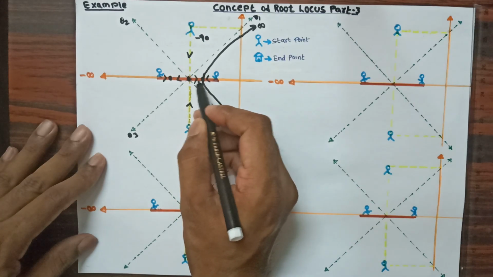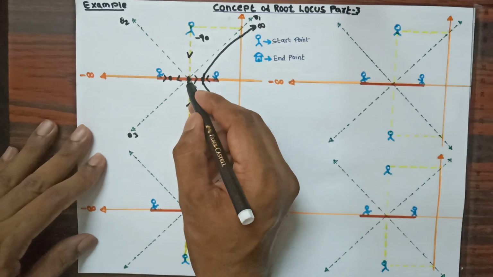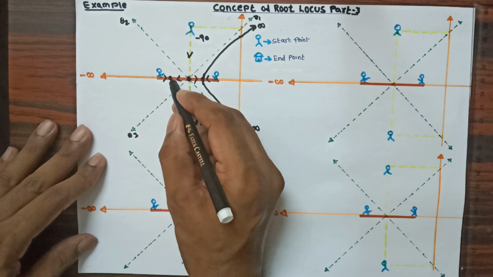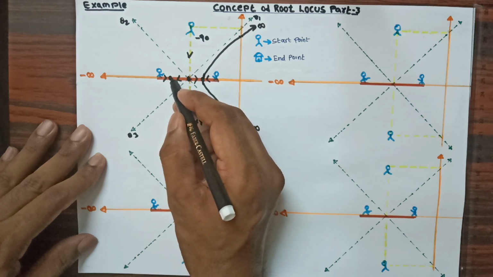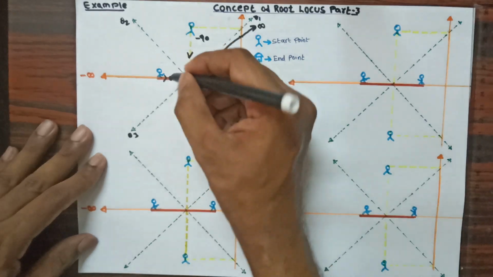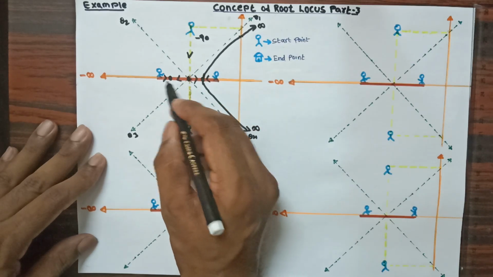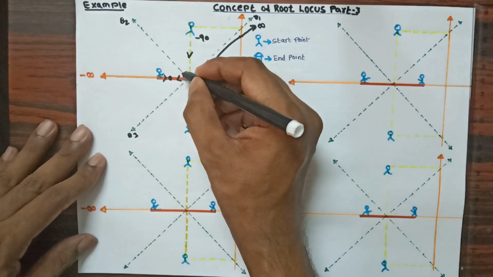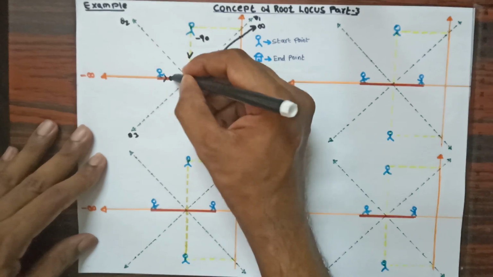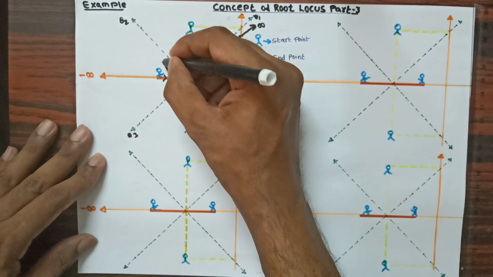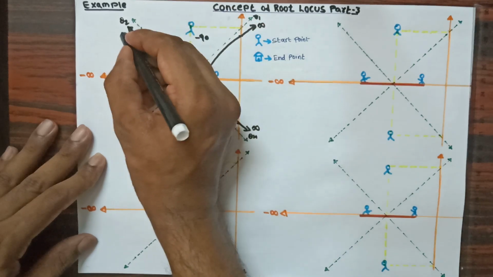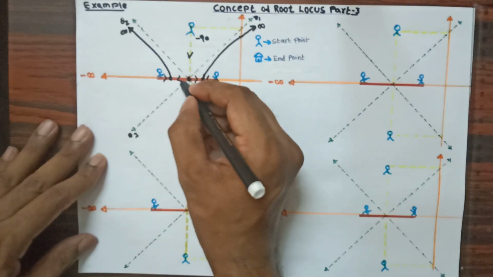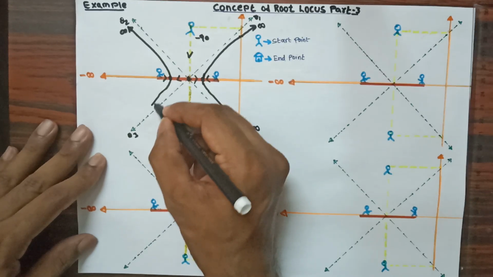One person moved to the right hand side when they met at this point, and another person moved to the left hand side, and this person was trying to move towards this direction, and they are going to meet. That is at this point the breakaway point occurs. So this is the breakaway point where these two persons meet, and here we are not having any intersection. So just by observing this angle, this person will move towards infinite destination. And here by following this angle, the other person will move towards infinite destination.